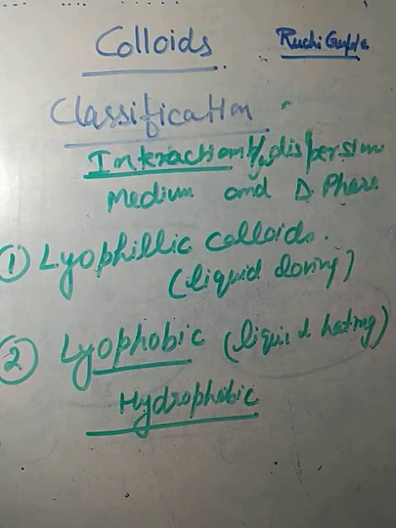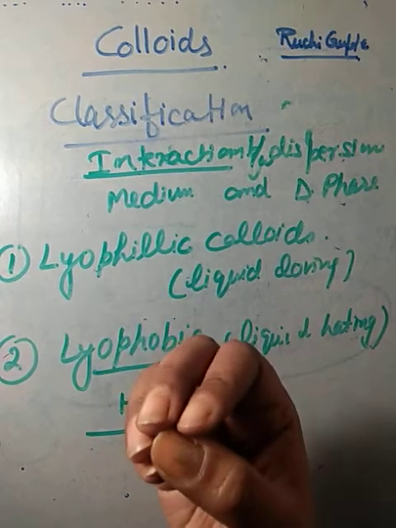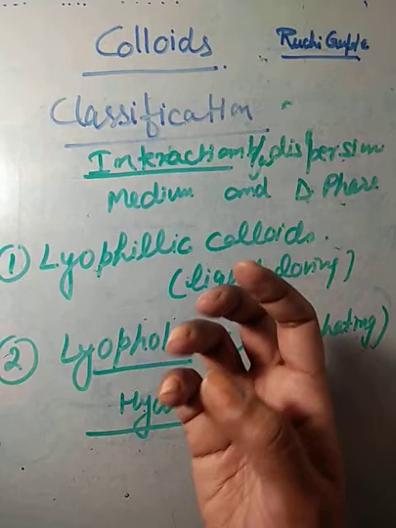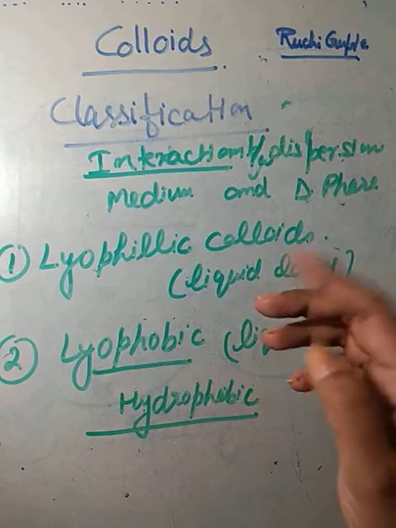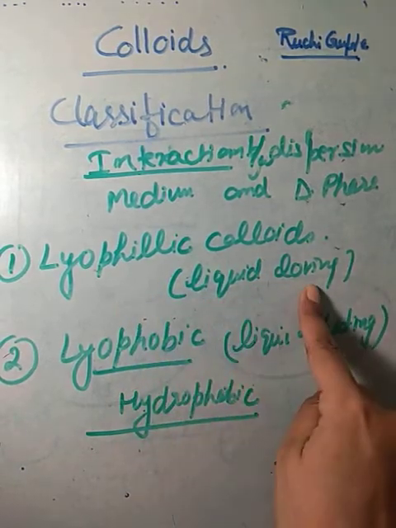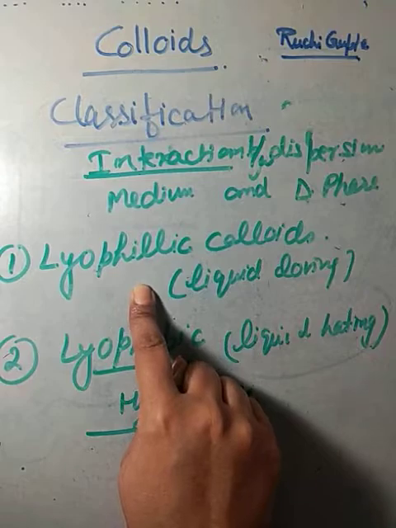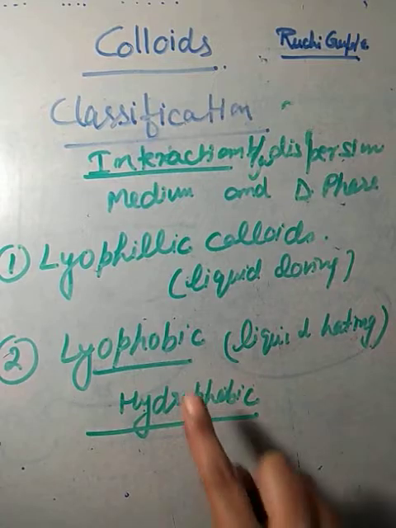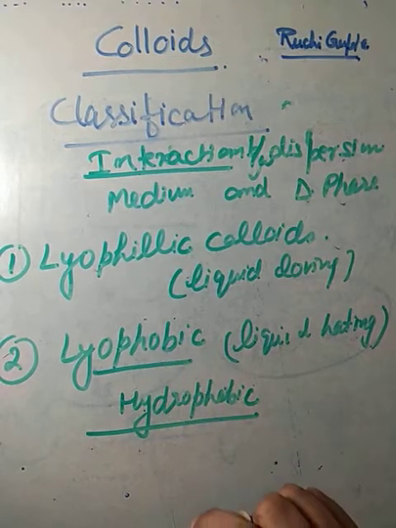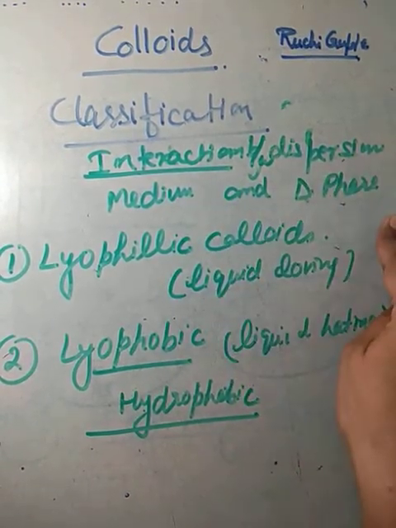Whenever you are taking a substance like gum, gelatin, starch, which when mixed with a suitable liquid as a dispersion medium directly forms the colloidal sol, they are called lyophilic. That means whenever you are taking gum or starch, gelatin, these substances easily dissolve in a liquid and immediately form a colloidal solution. So it is called liquid loving, or lyophilic. But if you want to make a sol of a metal, then it is not easy to make. And this type of sol is called lyophobic sol. So it is based upon the interaction between the dispersion medium and the dispersed phase.